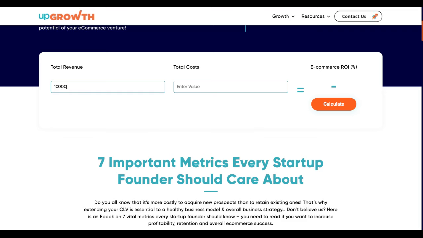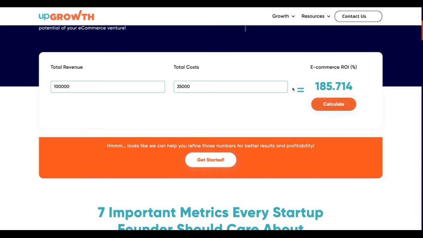So how I've come to this calculation is the average order value is 1000 and my average sales unit sold is 100. So my total revenue would be 100,000 and the total cost, which includes cost of goods sold, marketing spend and additional operational expenses. So let's say my total cost from social media campaign is 35,000. I'll simply hit compute and I'll get the ROI value, which is 185.714, a significant ROI, which is a good number.